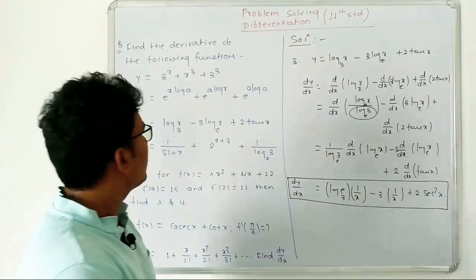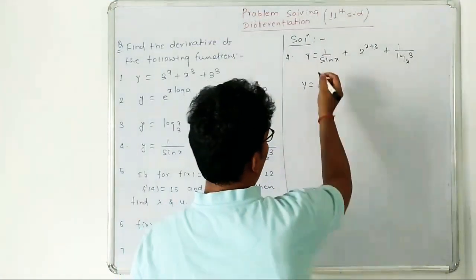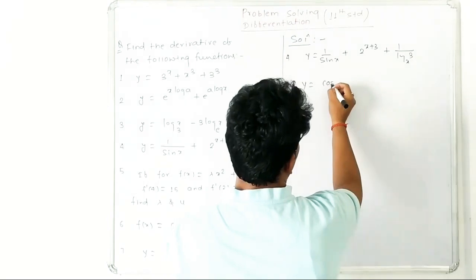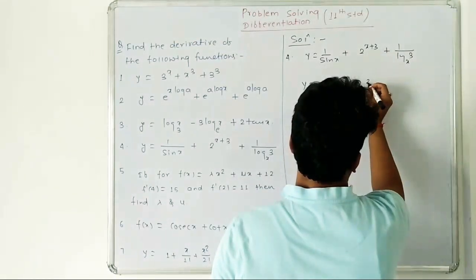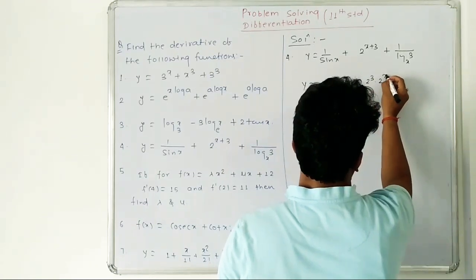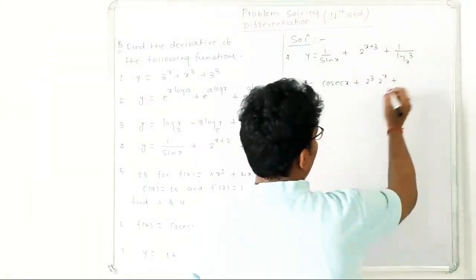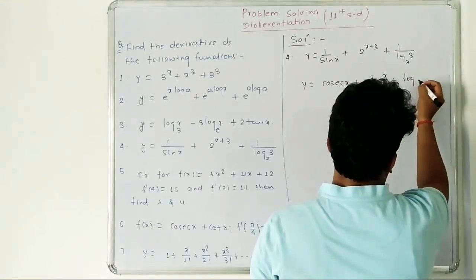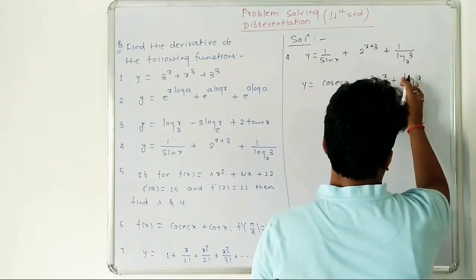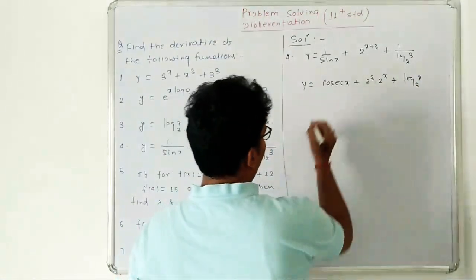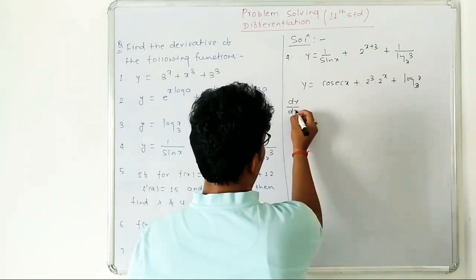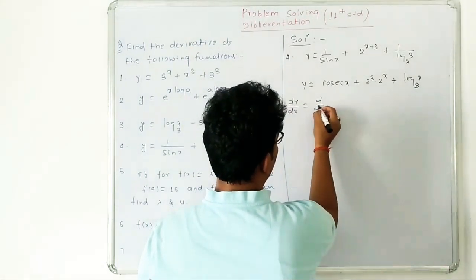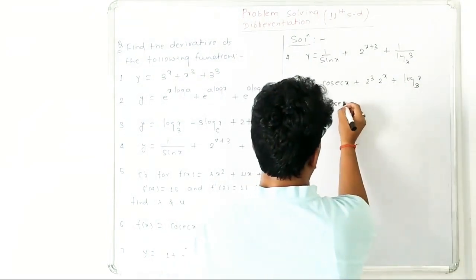So this is the solution for the third question. Now coming to the given function, y is equal to 1 by sin x, which is cosec x, plus 2 raised to x plus 3, which we can write as 2 raised to 3 into 2 raised to x, plus this can be written as log of x to the base 3 by using the property of logarithm, correct? Next, we can write the derivative of y as d by dx of cosec x